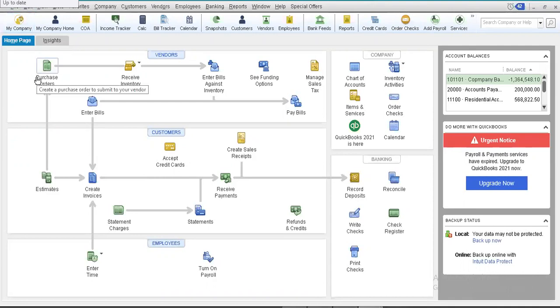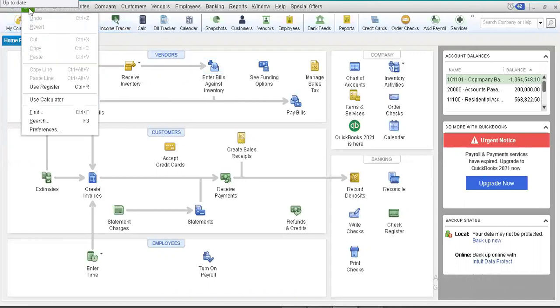You can see the purchase order mentioned over here under the vendor section, then the receive inventory module, and then enter bills, etc. Let's suppose at the time of registration of our company, we had simply selected a service industry as our business type, and we had not selected that our business would sell both inventory and provide services, then our dashboard would have a separate kind of look. What kind of look would our dashboard have had at that time? Let me show you that as well.